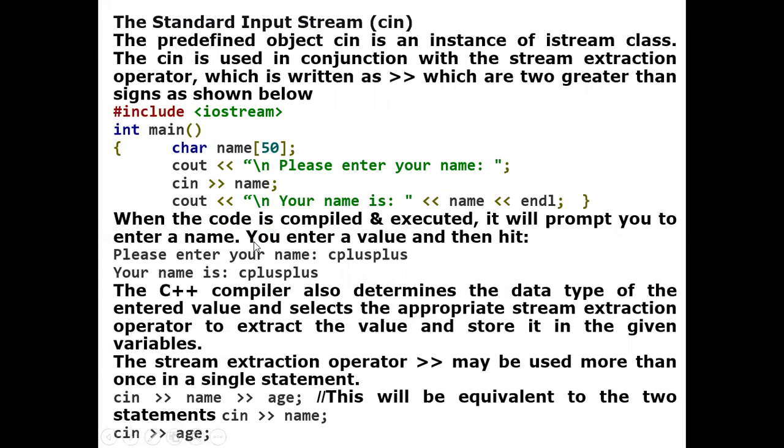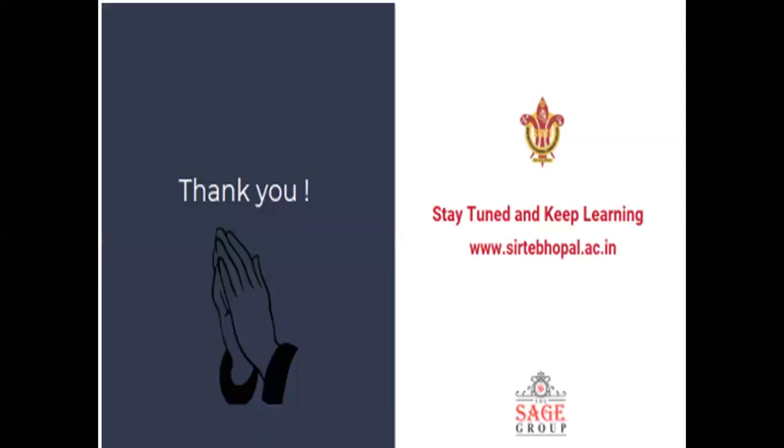I think we have done here what cin and cout are. They are objects of the istream and ostream classes, and the istream and ostream classes are subclasses of the iostream class. So for input and output we are using the class and the objects cin and cout. I think you understood this simple statement. This is very basic but very important for C++.